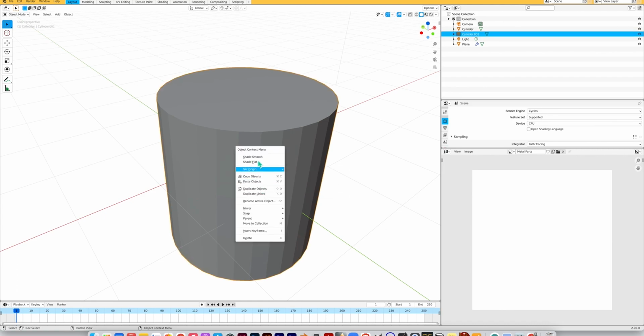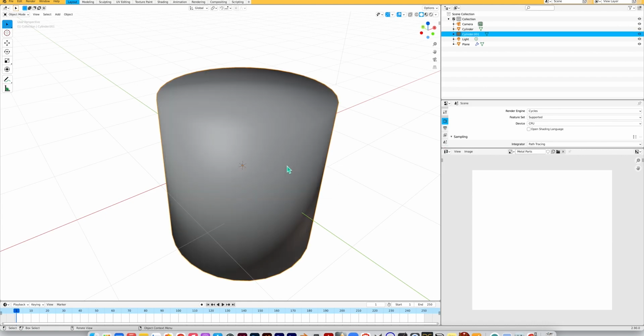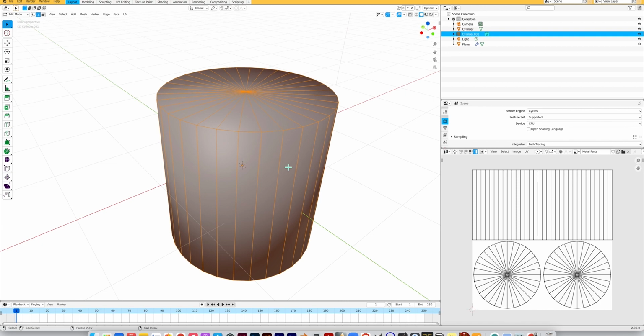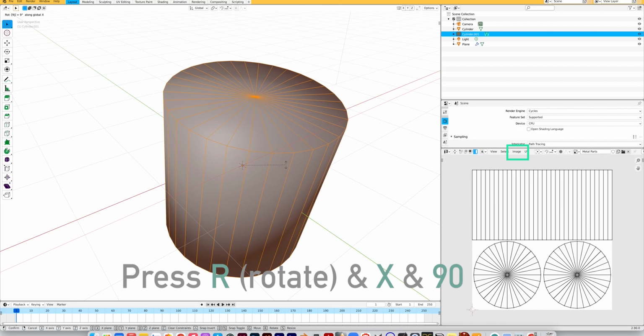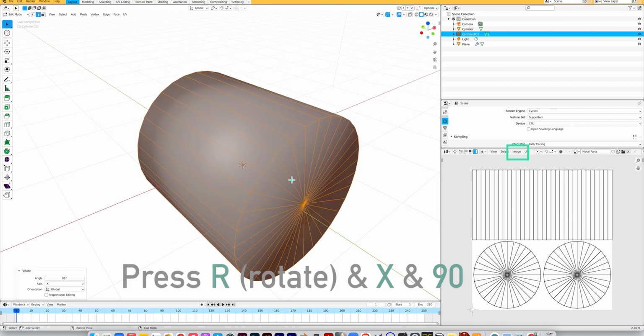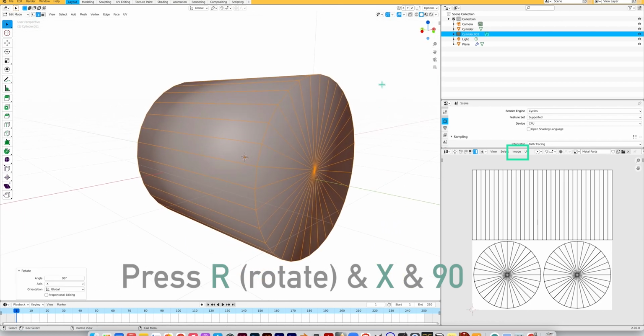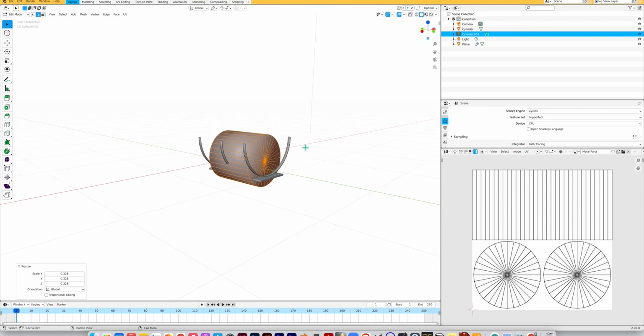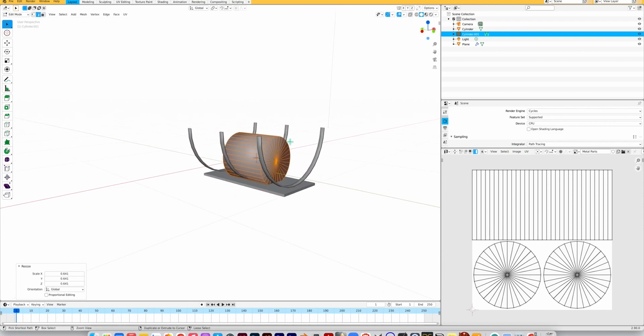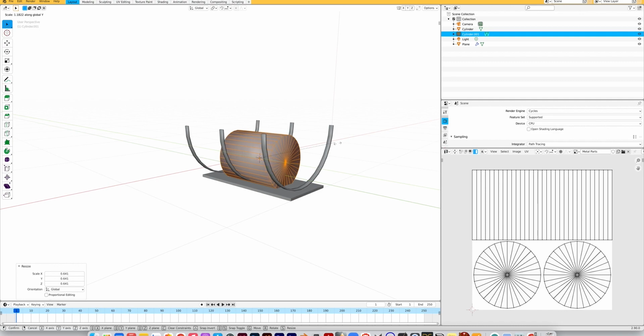I'm gonna right click and choose shade smooth, and then I'm gonna tab to get into edit mode, and then I'm gonna hit RX90 to just rotate that, and then S for scale to bring it down, and I'm just going to size this up until it looks more like a log. So SY to stretch it on the Y, S, and then SY,